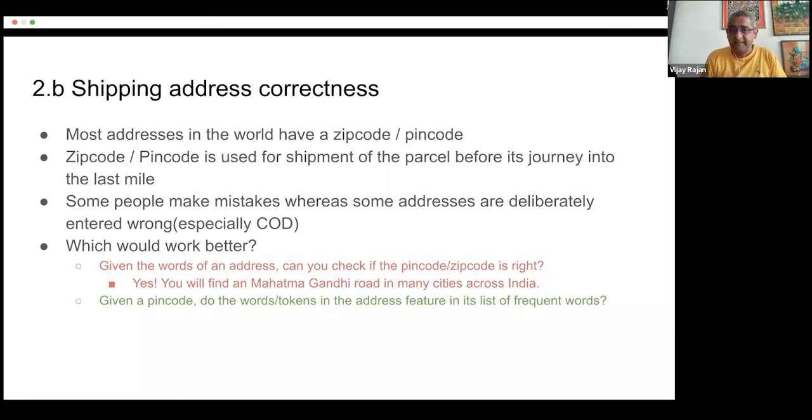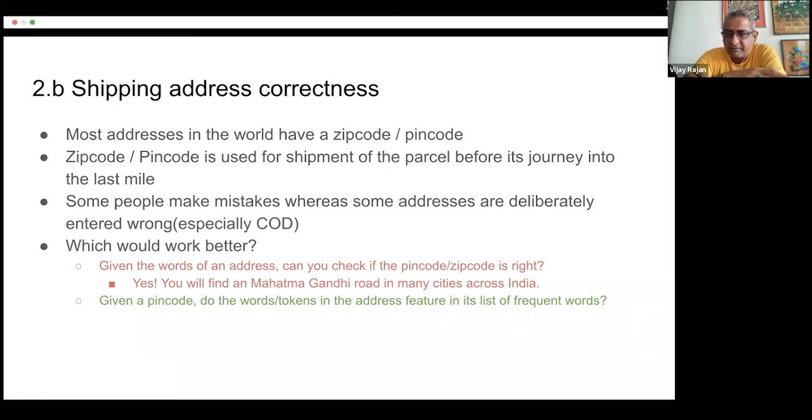Some people make mistakes, whereas some addresses are deliberately entered wrong, especially for COD. And I've tried this myself. Top e-commerce companies across the world, I've spoofed addresses, I've written wrong pin codes, and they make the order for COD wherever COD is applicable. So this won't work in the United States, or maybe won't work in the UK or Europe. But wherever COD is present, I can write rubbish addresses, or I may make a mistake in my address. Now, one question for the audience is, given the words of an address, can you check if the pin code entered